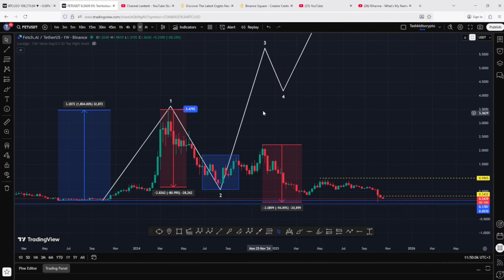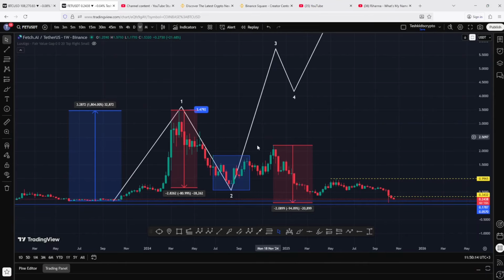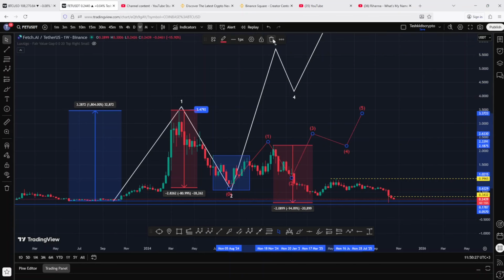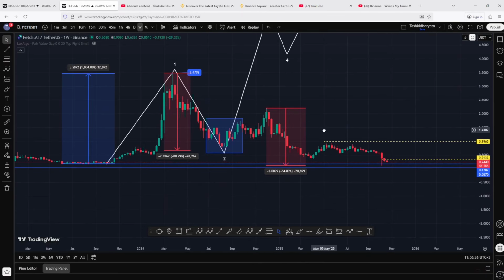And after we fully maximized that target area, I was expecting that we were going to get a reversal to the upside, starting this bounce in the formation of this third wave. And in that third wave, I was tracking a 1-2 setup where this was the wave 1. Then I was expecting a bit of a short-term pullback in a wave 2. But you can clearly see that after making the high in this wave 1 above the 2.2 USDT mark, we saw a massive breakdown move into the lows that we made on the 10th of October, where the market was now down more than